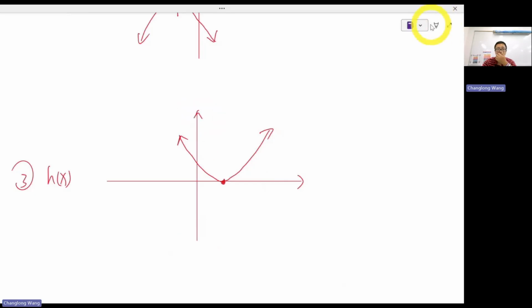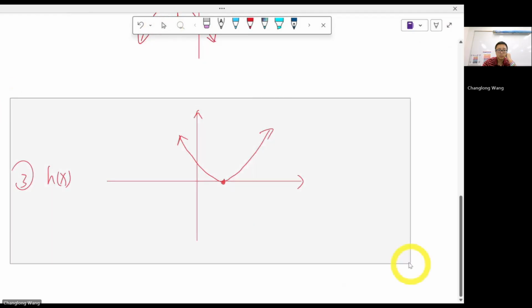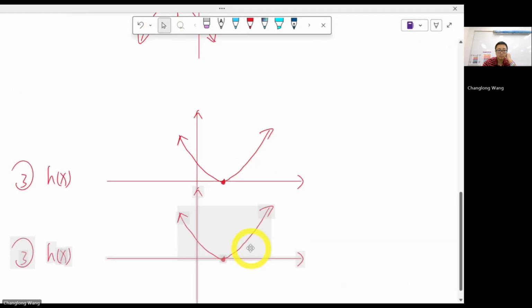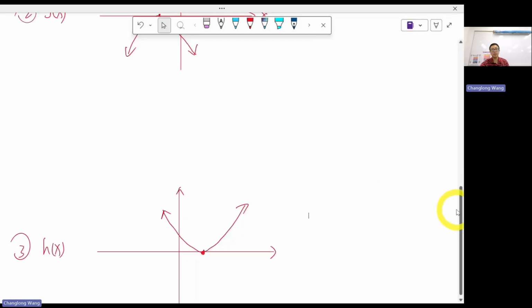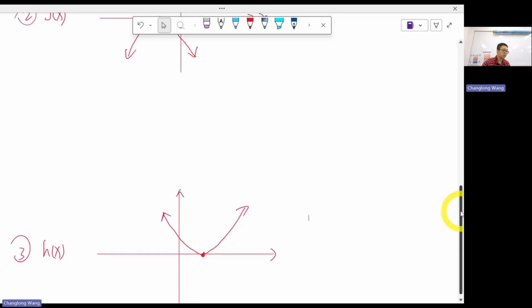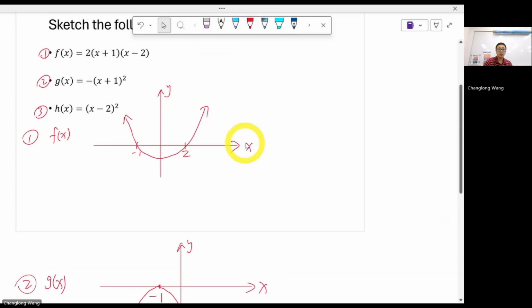Okay, so let me pull this down a little bit. Again, before I move on, any questions about sketching those 3 super straightforward polynomials? Technically speaking, just quadratic. So now, what's the point of getting their sketches? Now we need to figure out with their sketches if we can solve